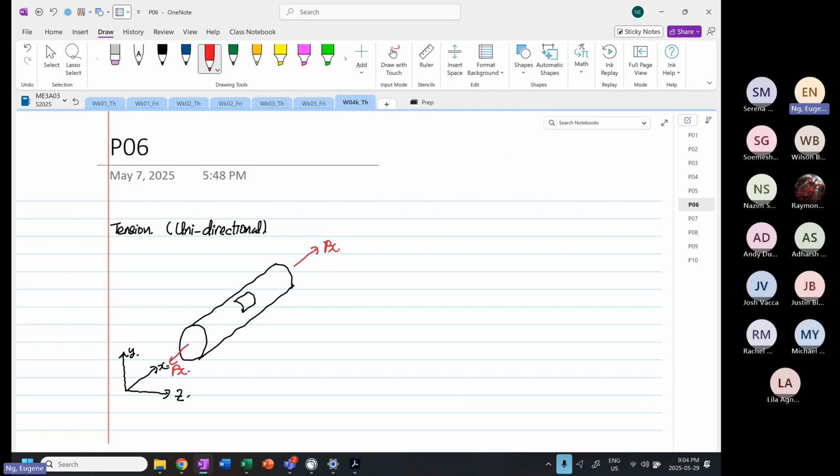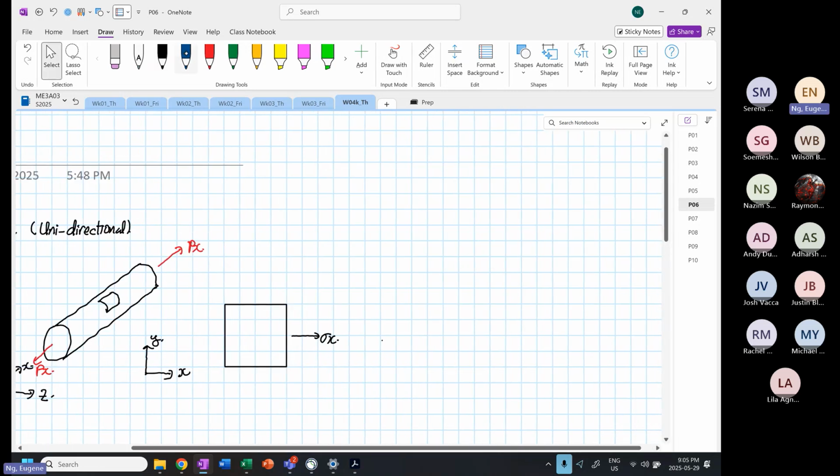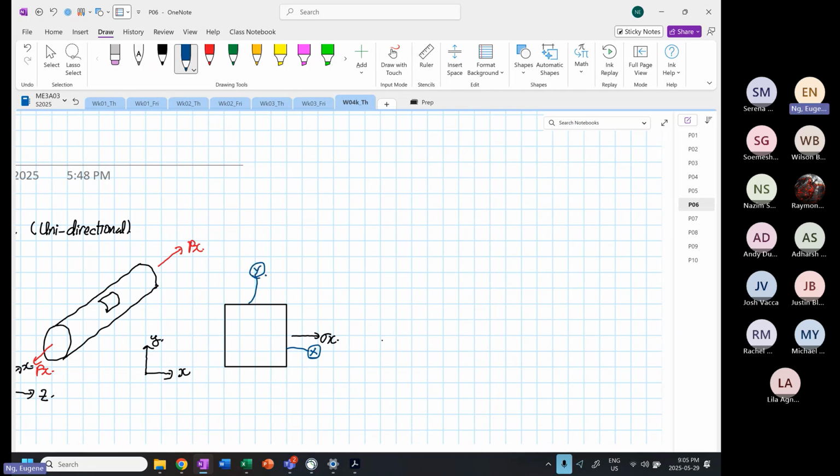Right? So this looks familiar. This looks like our what? Our chalk. Okay. So when that's the case, when we sketch our element, if you look at our element, and then we start to draw this, our element has stress X. Y is equal to 0. There's no stress, right? So when we label this as our X and I label this as our Y,